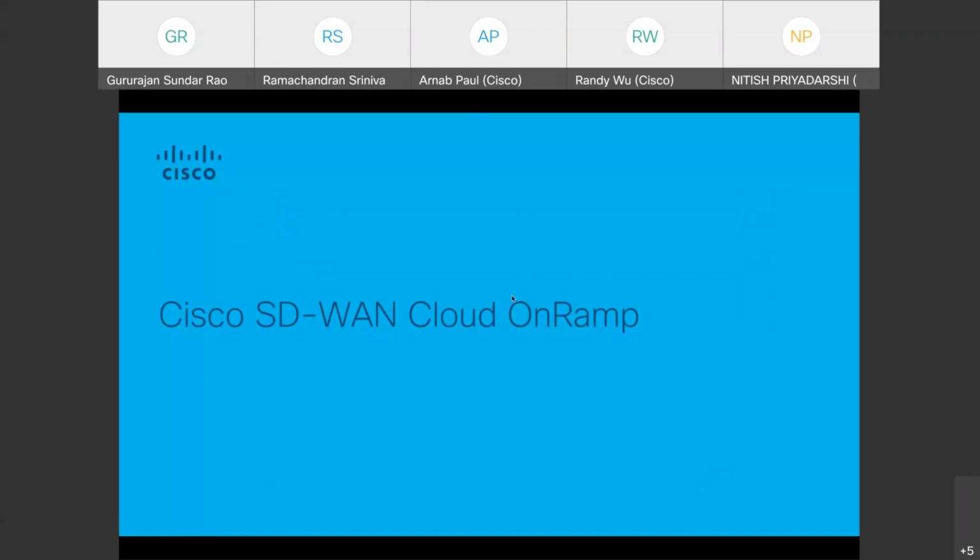Hi, everyone. This is Ram. Today I'll be covering Cisco SD-WAN with Cloud On-Ramp for SaaS and IaaS, Infrastructure as a Service. So to begin with,